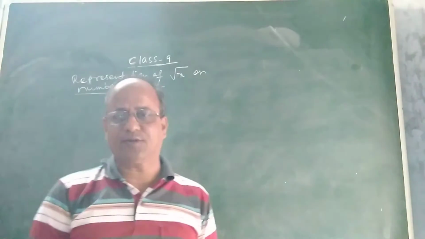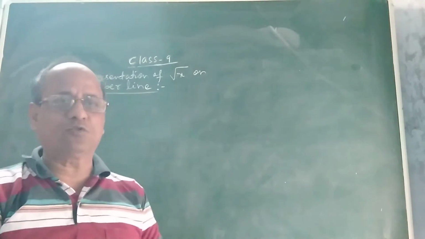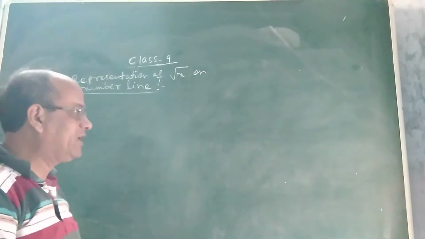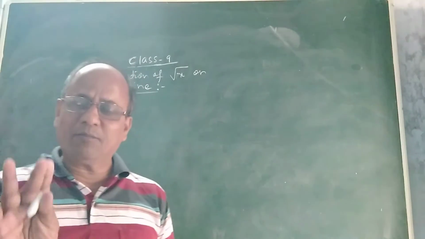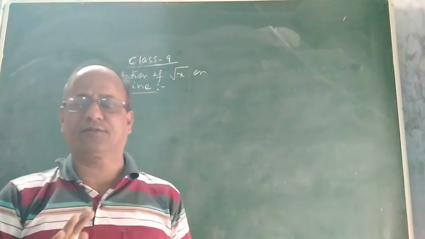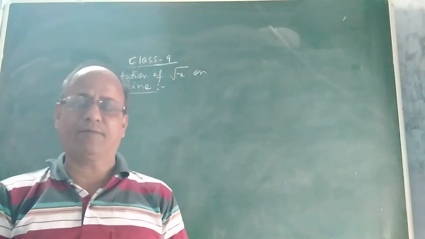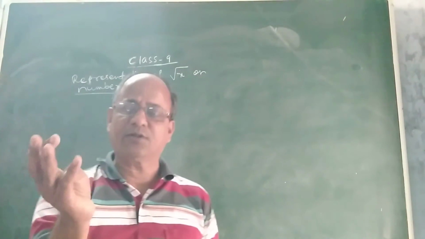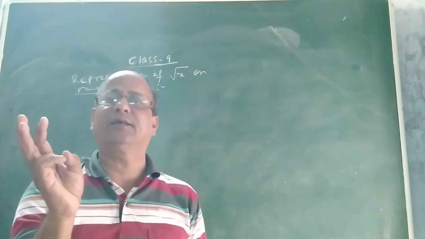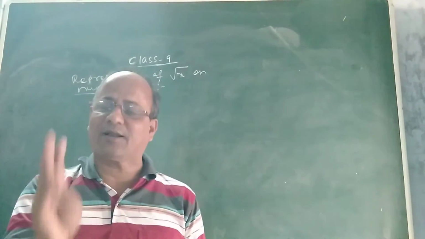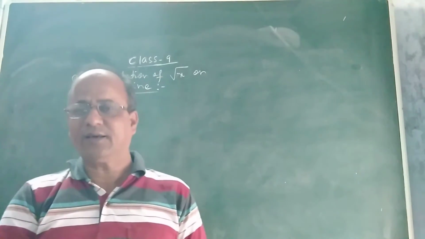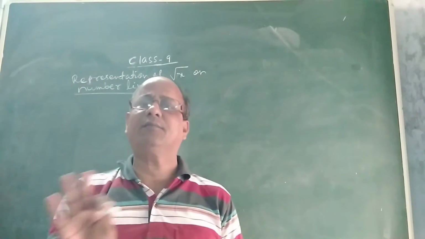Now you can ask me one question: sir, what is a real number? You are saying last time you talked about irrational numbers. What is a real number then? Actually, whatever numbers we have read so far, starting from junior classes, class 1 onwards, all numbers are real. What numbers have we read? We have read about natural numbers, whole numbers, integers, rational numbers, irrational numbers, so many fractional numbers, decimal numbers, yes. These are the different numbers which we have already read. All these numbers are nothing but real.